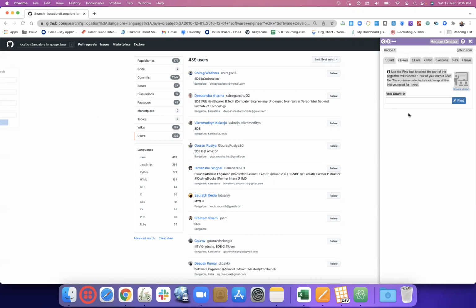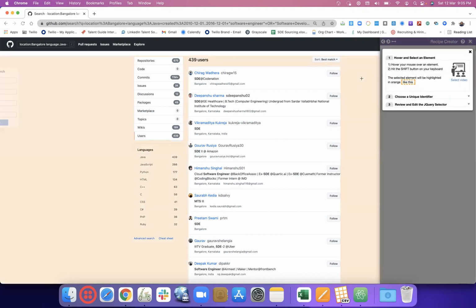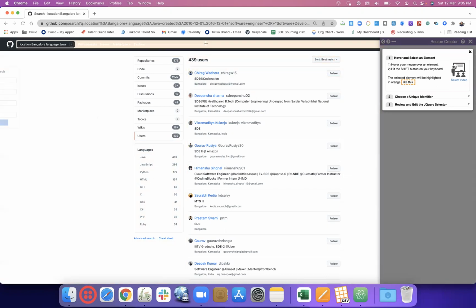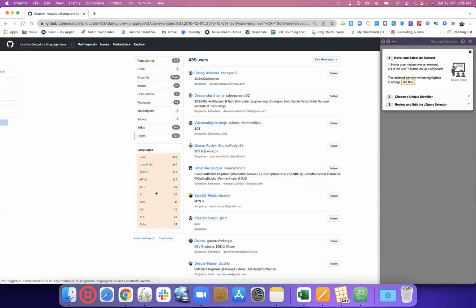All right. So now it's asking us to select that particular row. So we click on find. Now, if you see, it's selecting all those objects, those boxes. If I go here, here, here, it's selecting all those particular boxes.